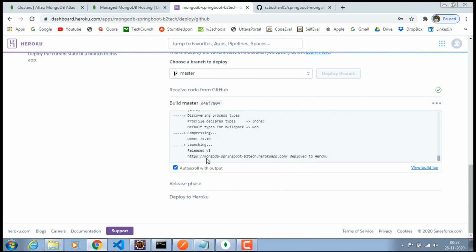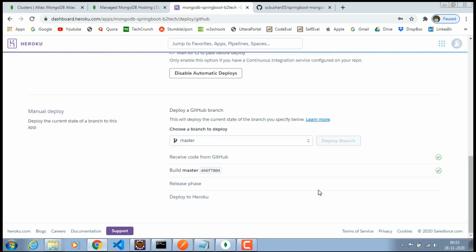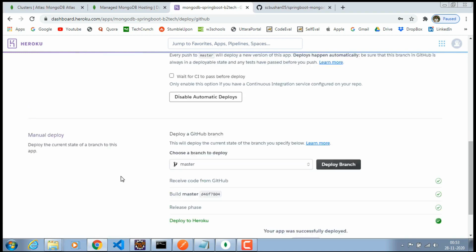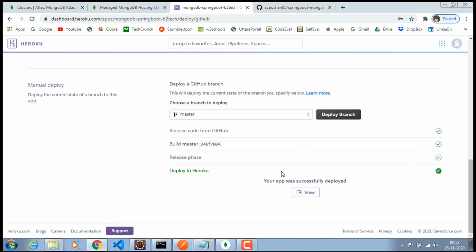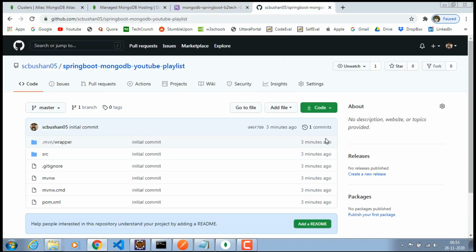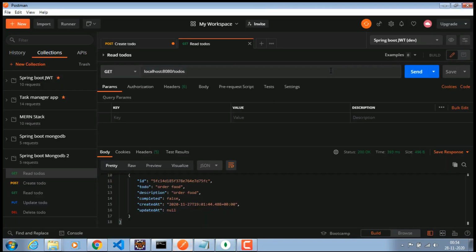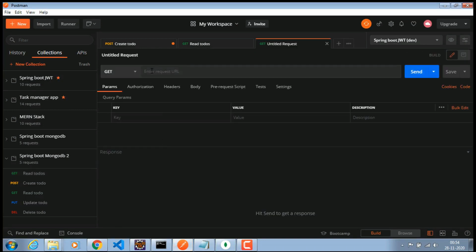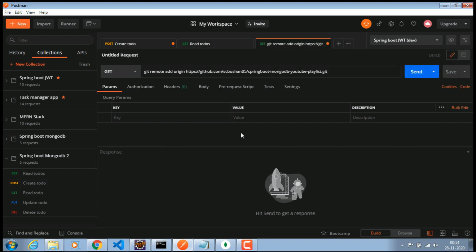Alright, the application has been deployed and this is the URL. Just go ahead and copy this URL. I think I have copied the URL. Let me go to the Postman, and I'll open a new tab. Okay, I think I have not copied it.